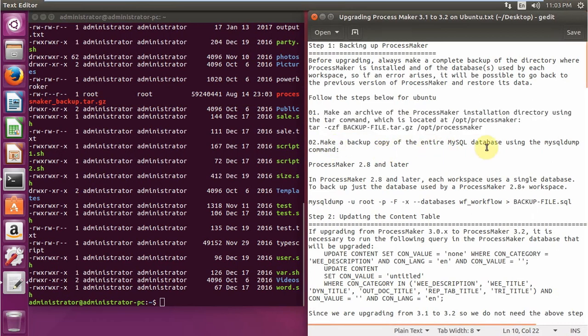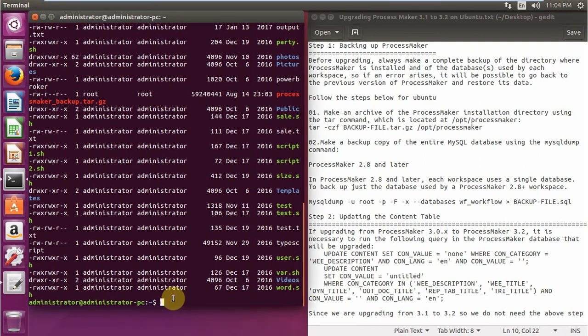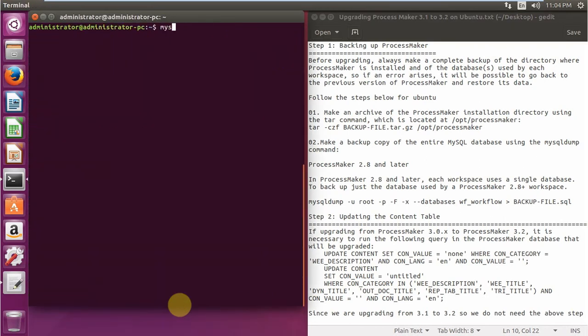Now make a backup copy of the entire MySQL database using the mysqldump command. If you have ProcessMaker 2.8 or later, each workspace uses a single database. To back up just the database, for a ProcessMaker 2.8 plus workspace, you need to use the command. Just clear this screen, mysqldump, then username, then -p, so it will ask you for the password, -F -x